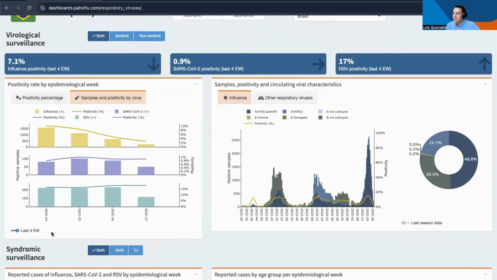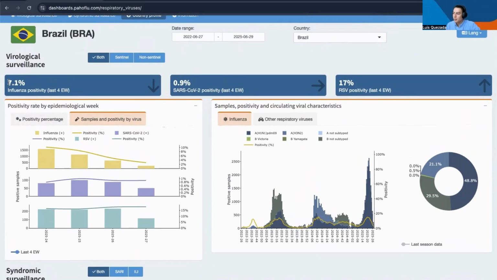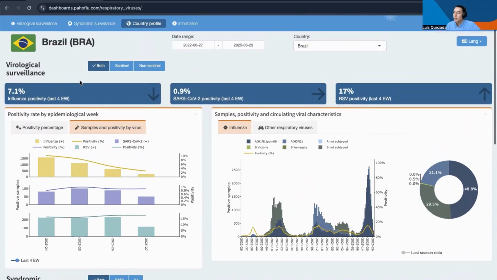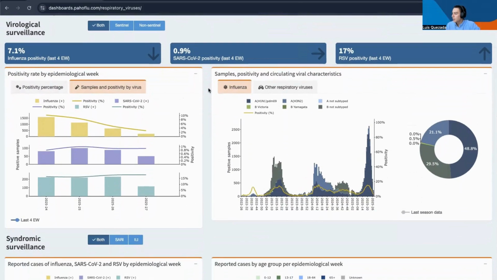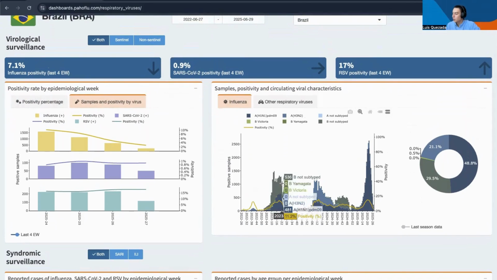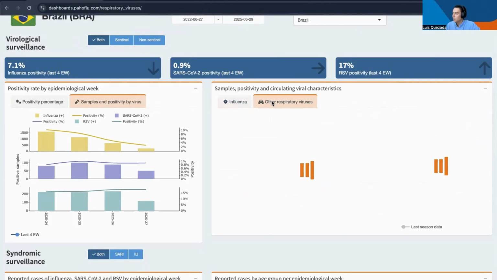the current trends. Now, we can use the boxes here on top of the page to also visualize the percent positivity and trends in the last 4 epi-weeks as well. Now, in this second panel, in the virological surveillance section, we can watch also the influenza subtypes at the same time as we watch the percent positivity for influenza, and we can do the same for other respiratory viruses as